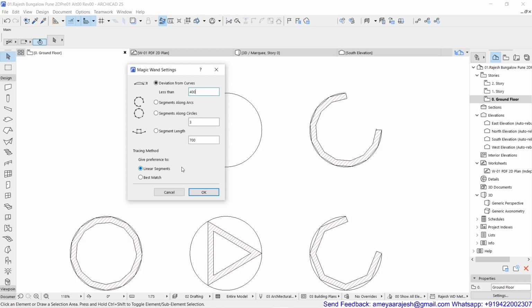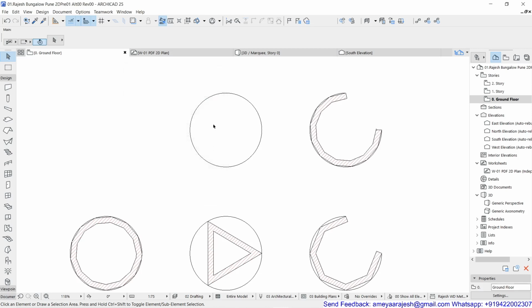Of course, it's a bit bigger length. I'll make it 200, because my circle which I have drawn was hardly 3000 as its diameter. So I'm just trying to stay a little bit on the safer side. Now 200, I'll say okay.